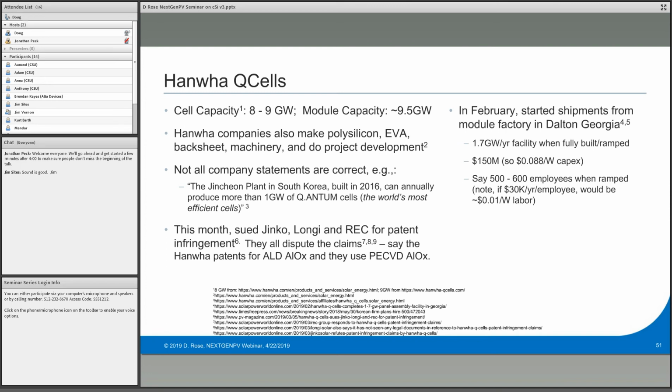I'm going to use this statement to point out that you can't take any company statement, even an analyst statement, as correct on its own. I don't mean to pick on Hanwha here. I don't think that they're any worse than other companies, and they're much better than some. But they had a press release that said that their 1 gigawatt cells were the world's most efficient cells. That was not true. But it may have just been a case where